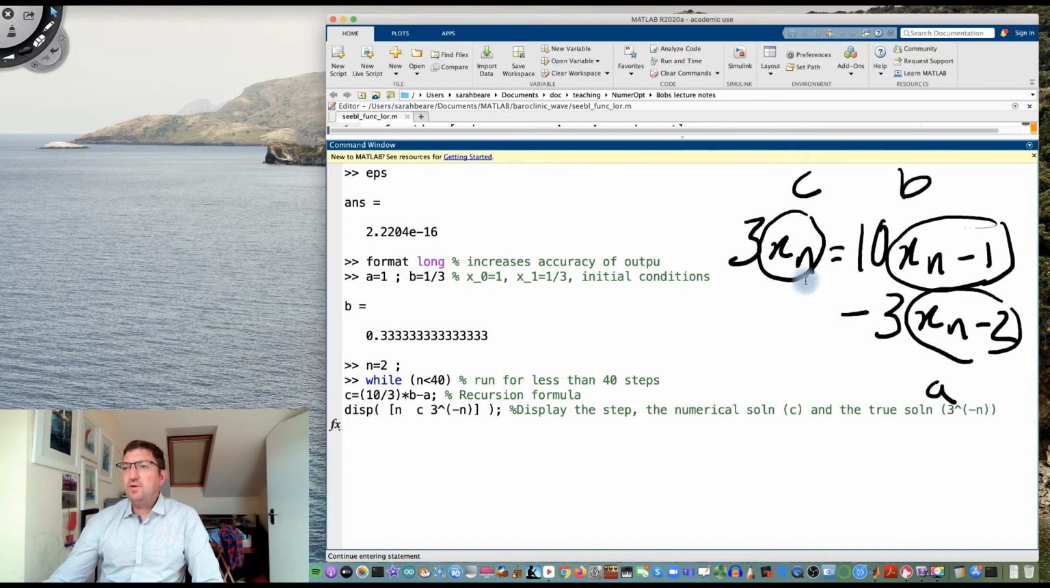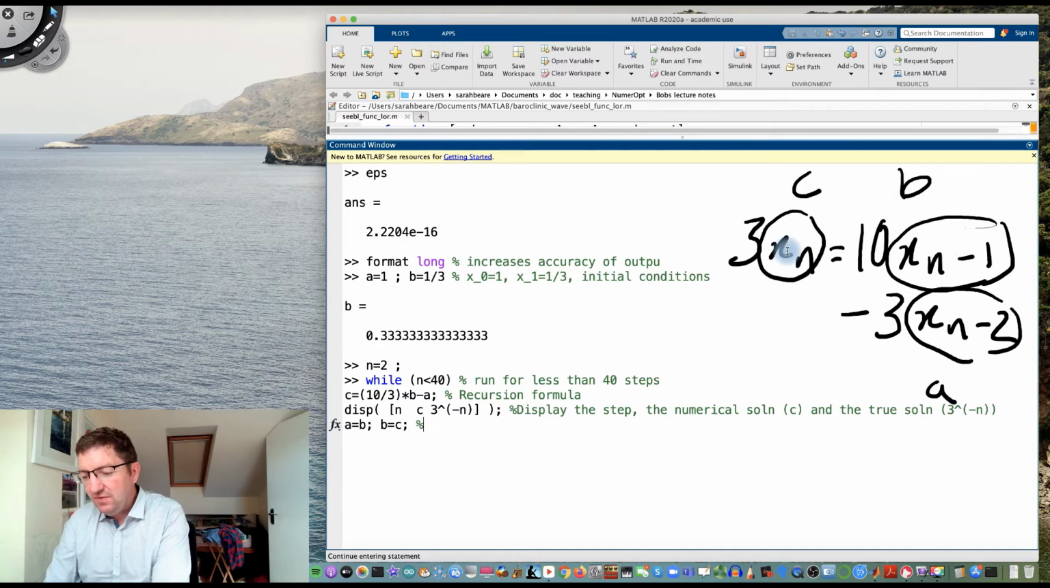So we've done this common trick where we replace a thing that applies every step with just a single value, C, B, and A, just for simplicity. But if we do that, which is quite common, we need to shift the values of C and B for the next step. So for the next step, the new x_{n-2} is the previous x_{n-1}, right? So A equals B. And for the new x_{n-1}, which is the old x_n, B is C. So this is shifting